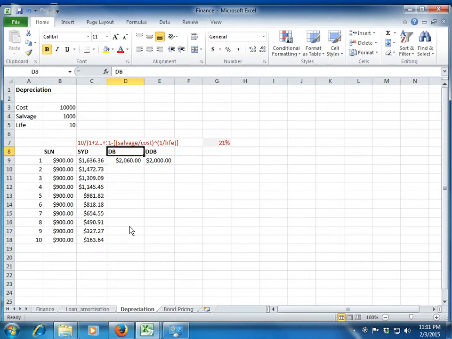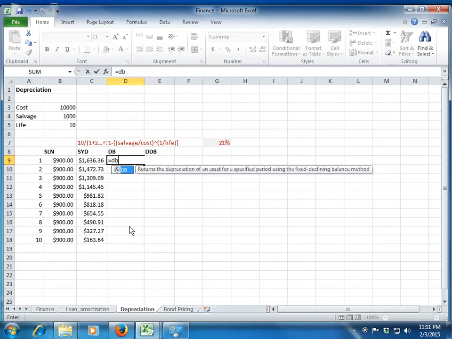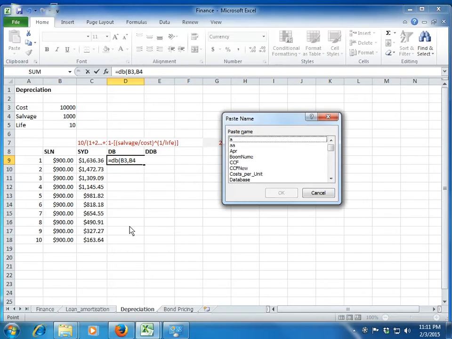Let me take a minute to explain the difference between SLN and WDV, although I'm sure you already know it. In the SLN method, the depreciation is applied to the original cost of the asset, while in declining balance, the depreciation rate is applied to the WDV, that is the outstanding or remaining balance of the asset. First, let me explain how this DB formula works. It asks you for the cost, so give it the cost. It asks for a salvage value. Let me keep freezing the formula as well.